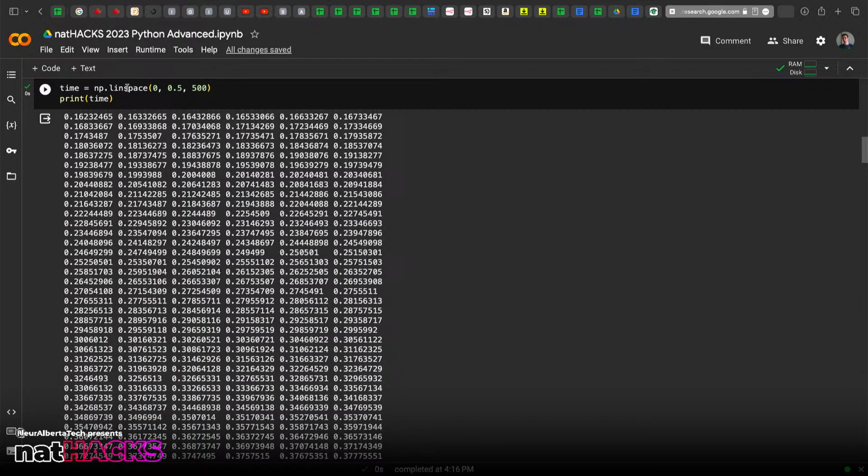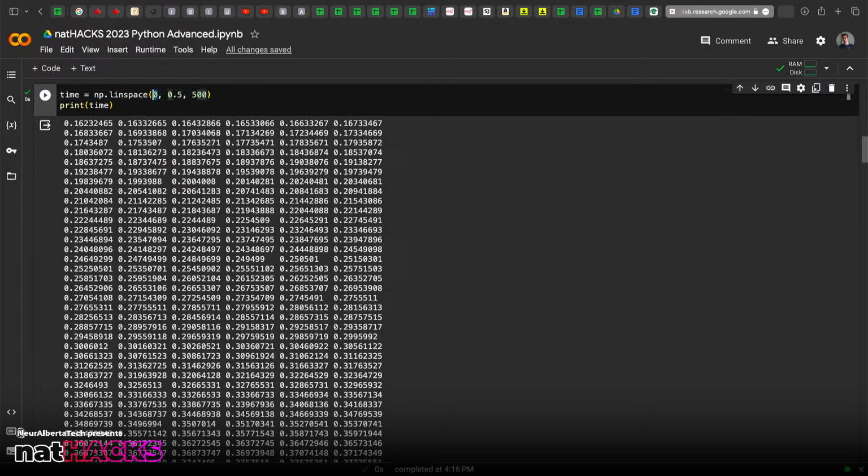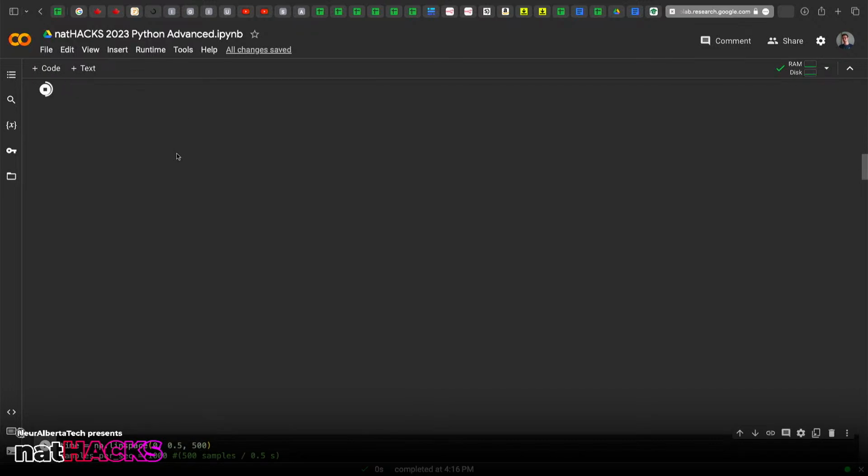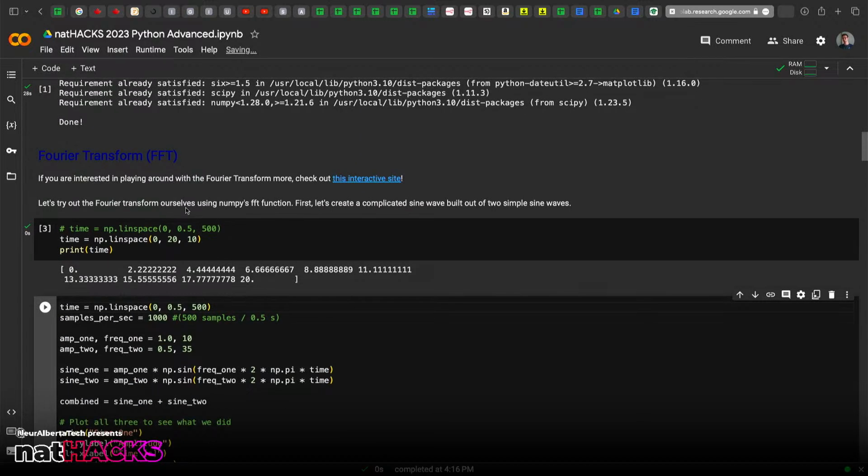This is saying I want to go from 0 to 0.5, with 500 steps in between. A more human-readable version would say I want to go from 0 to 20, with 10 steps. So this will give us back a list of